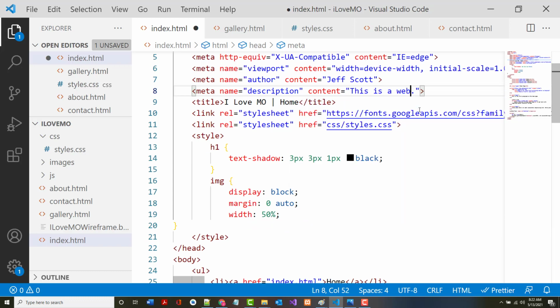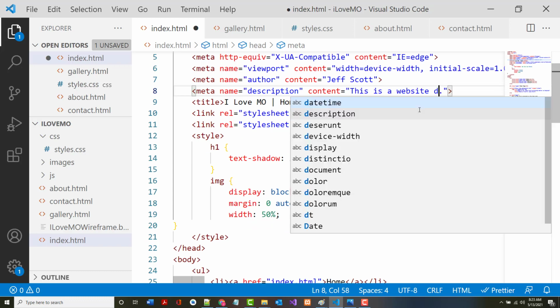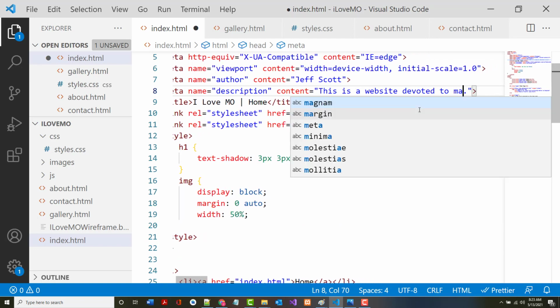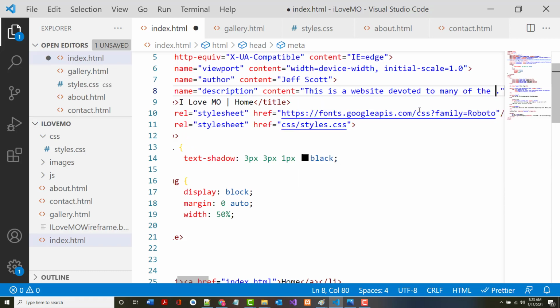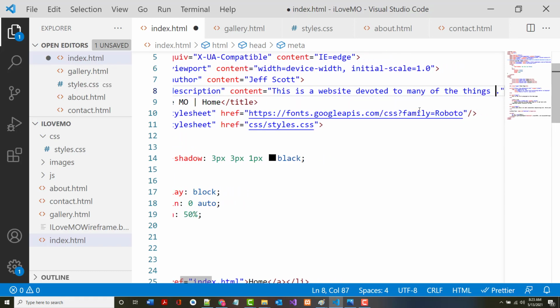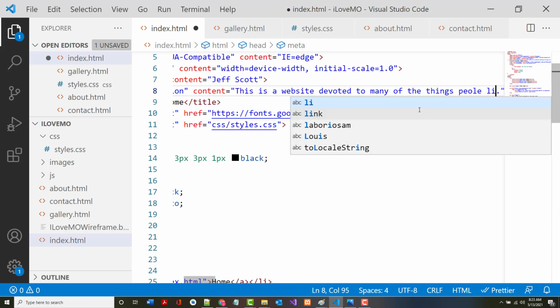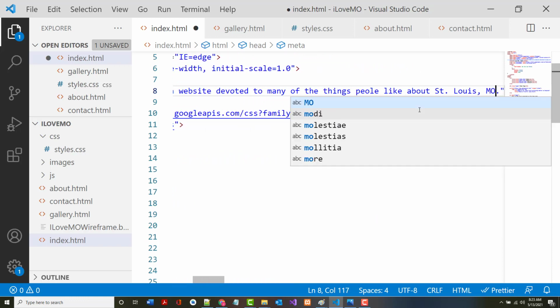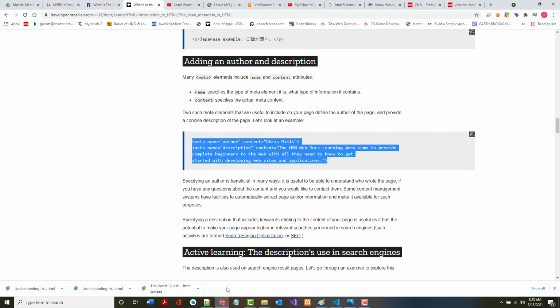And the description, I'm going to put in here, this is a website devoted to many of the things people like about St. Louis, Missouri. Okay, so what did I just put in there? Well, going back here,